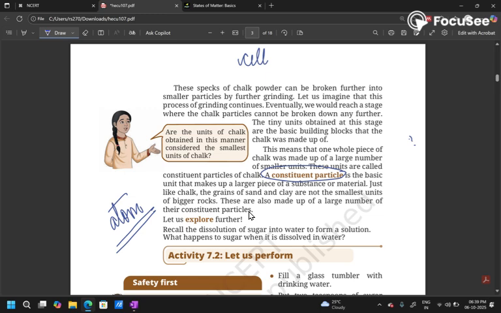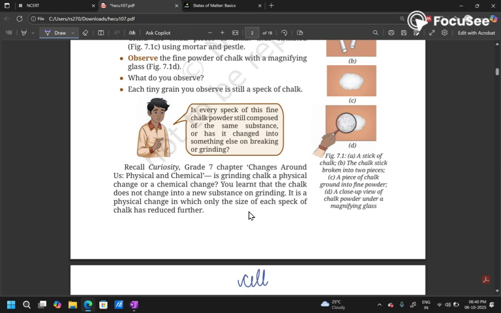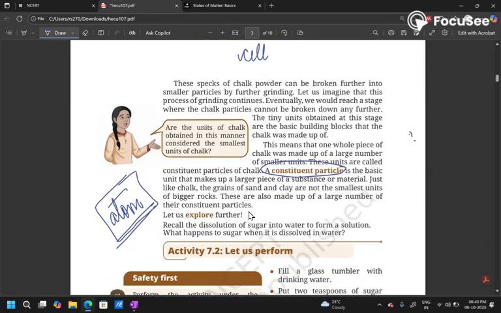So for any matter, the smallest entity which cannot be further broken down is an atom. So if I keep on hammering a piece of chalk, the last stage beyond which it cannot be further broken down would be the stage when I break it down into the singular atomic pieces. So the smallest entity which actually ends up forming the building block for any material is an atom. Alright, so when these constituent particles are combined together, they eventually end up forming the state of matter itself, which can be, in this case, a piece of chalk.